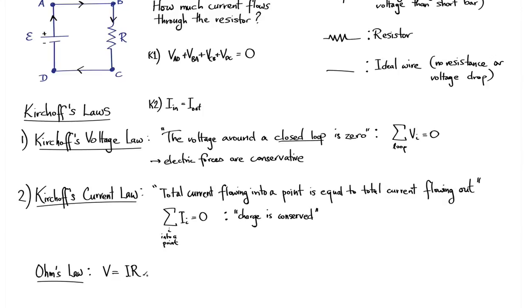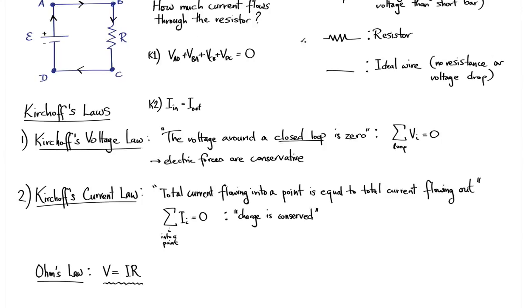That was due to a bunch of different factors like the geometry of the resistor, its length, its cross-sectional area, and also the properties of the material it was made out of, the resistivity. All right. So we can use Ohm's law, V is equal to IR. So if we're looking at this here, well, we said that the